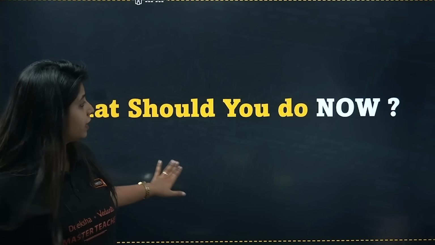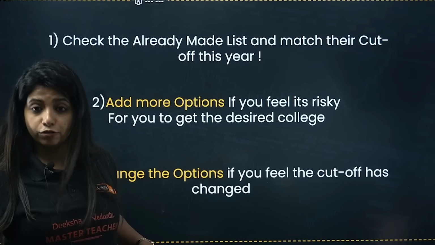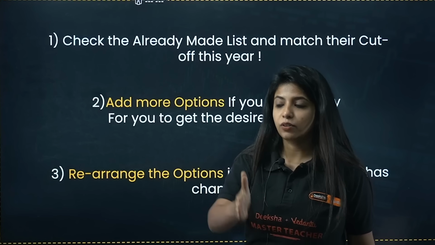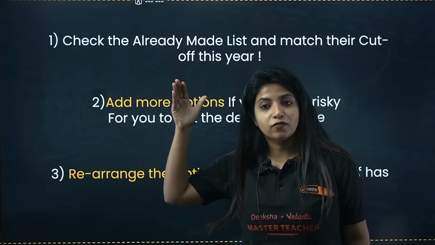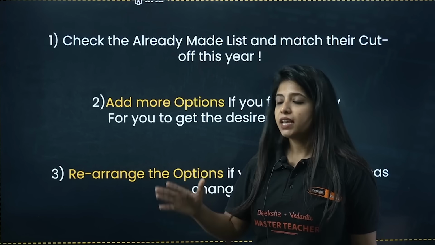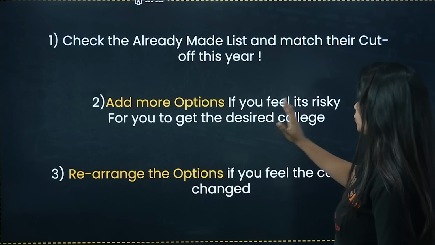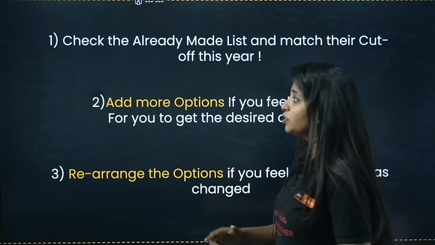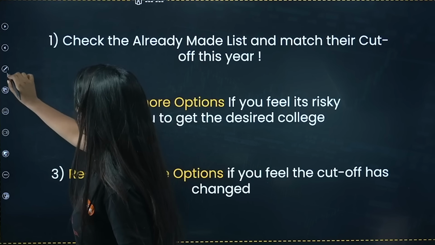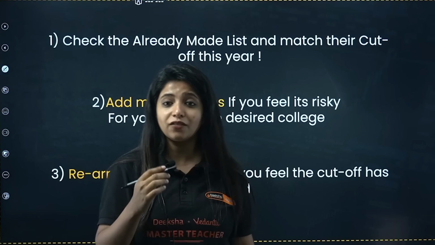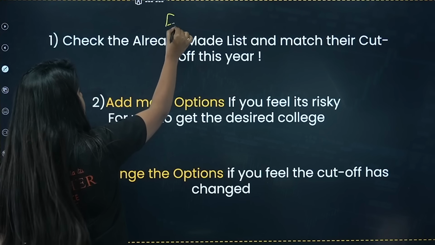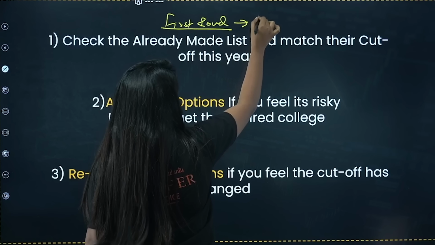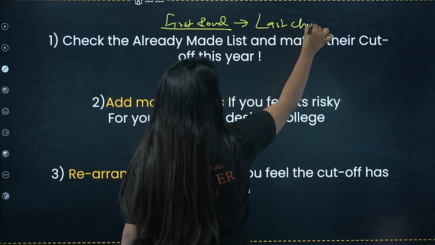That is more important, right? The thing that you should do right now is check the already made list that you have done. Match it with the cutoff of this particular year. As I said, if needed, add more options if you feel it's risky for you to get the desired college. Because adding options, this is the last point. I'm telling you again, I have told it several times, you are in first round option entry. In the first round option entry, this is the last chance to add